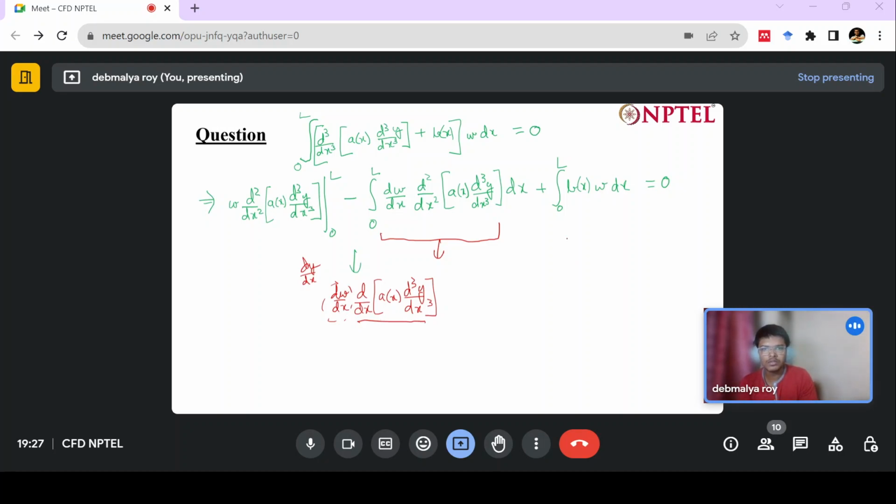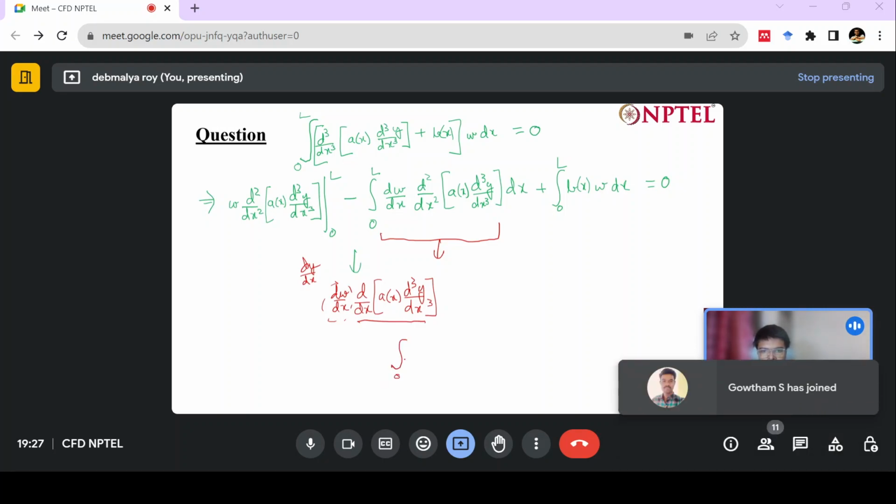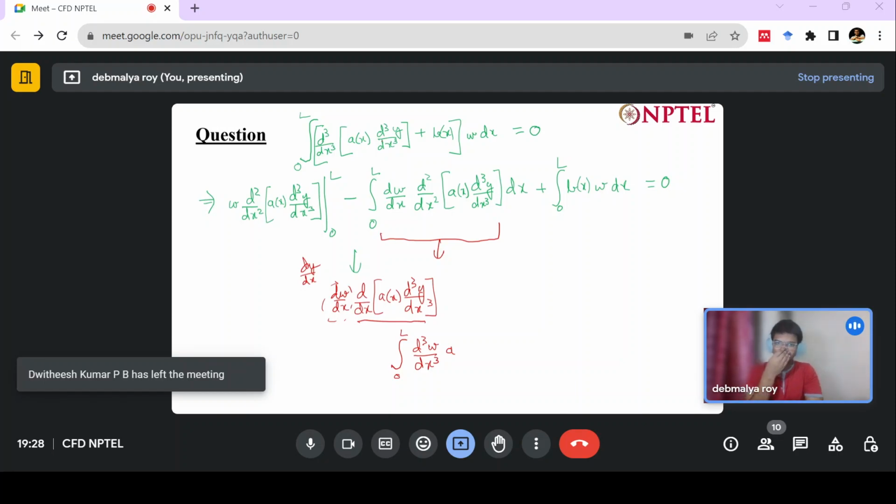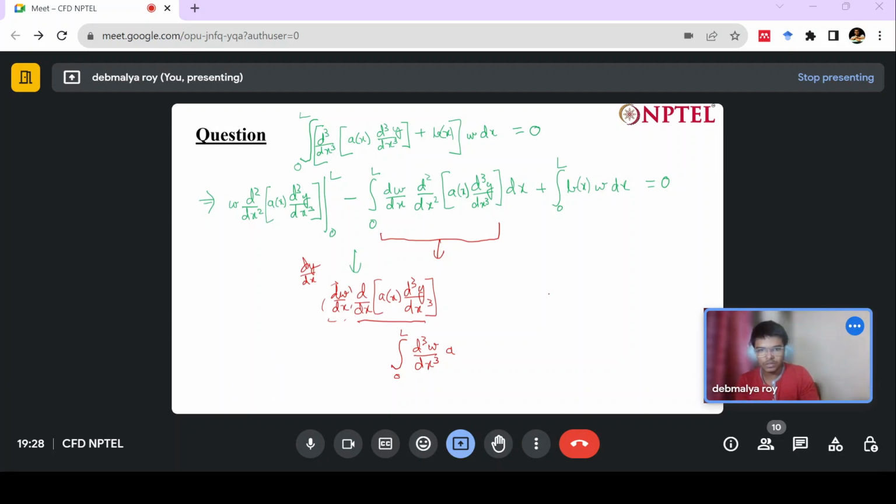Okay, so we will have to do two more iterations of differentiation till we achieve the weak form. So what will be the weak form? The weak form will be integral from 0 to L of d3w/dx3 times d3y/dx3. That's what I was asking basically, what will be the order in the weak form. Since we have to do integration by parts three times in this case, we will get a third order derivative in w and a third order derivative in y. This is required because